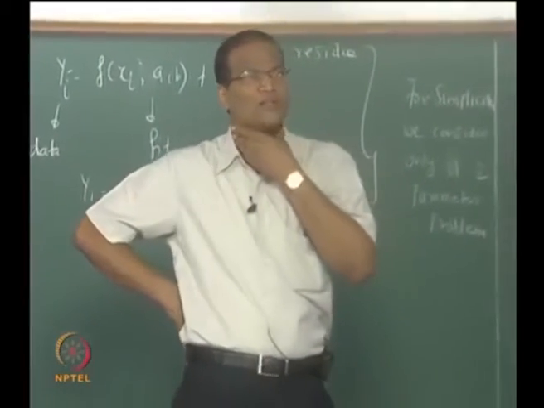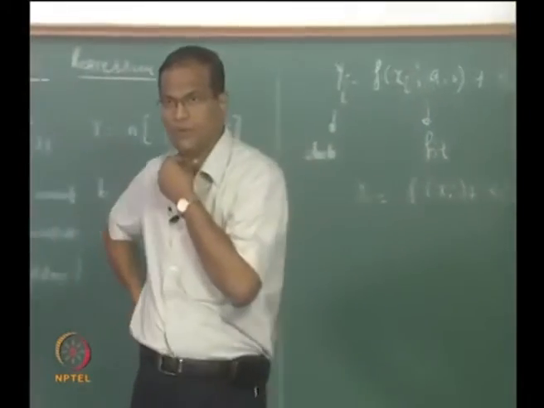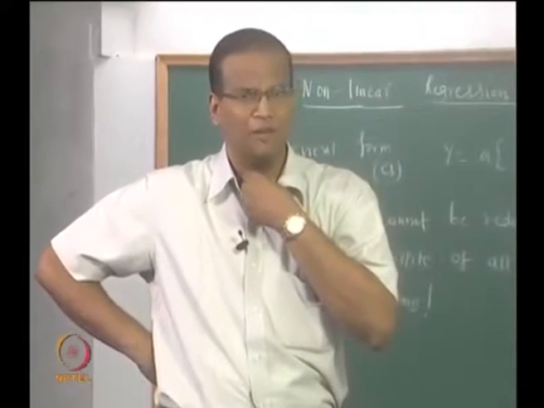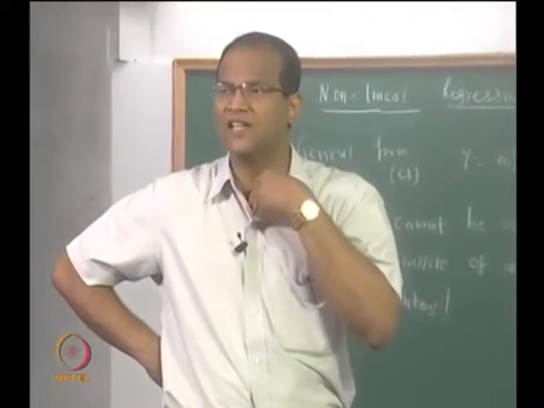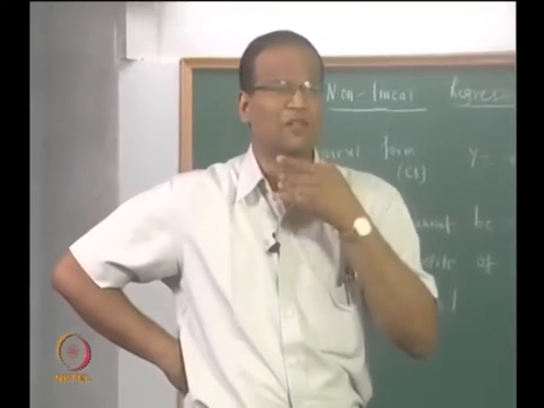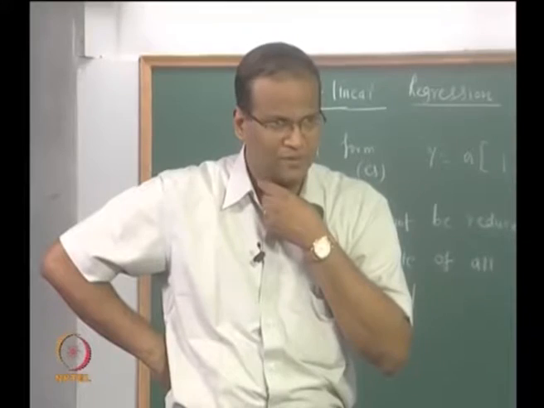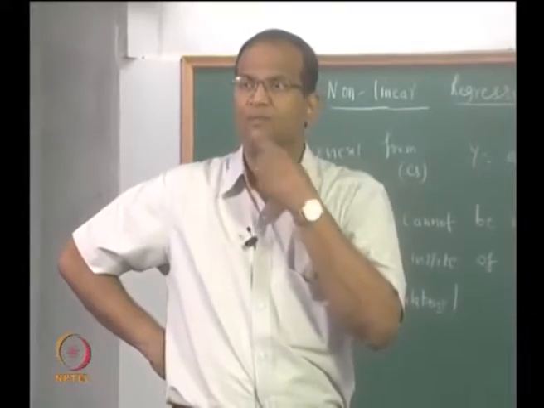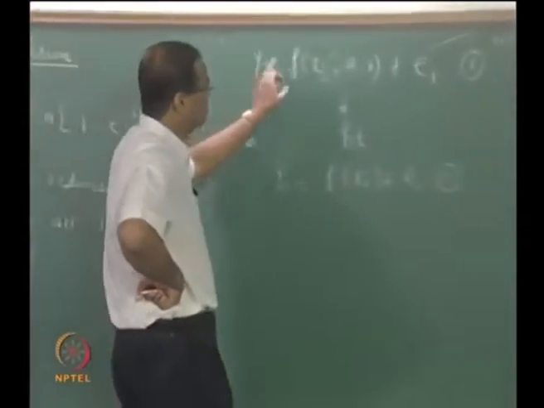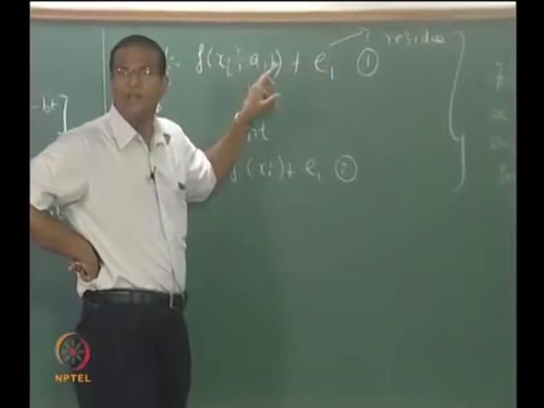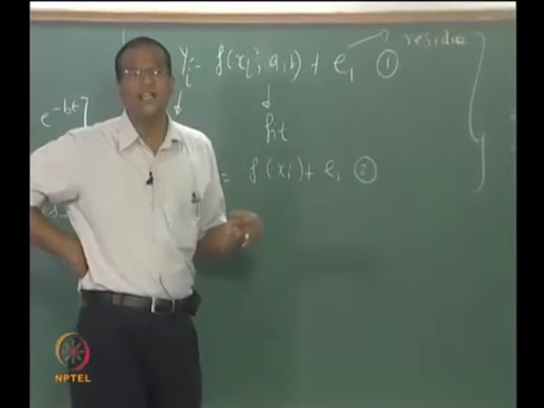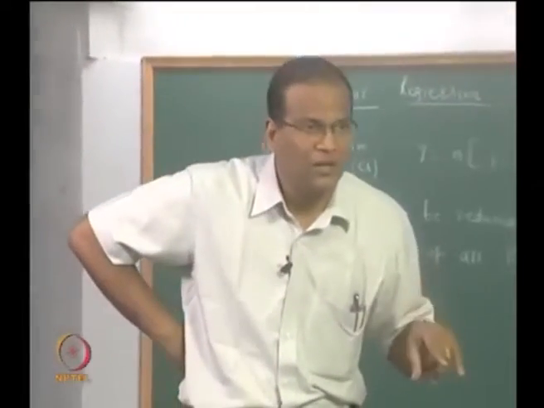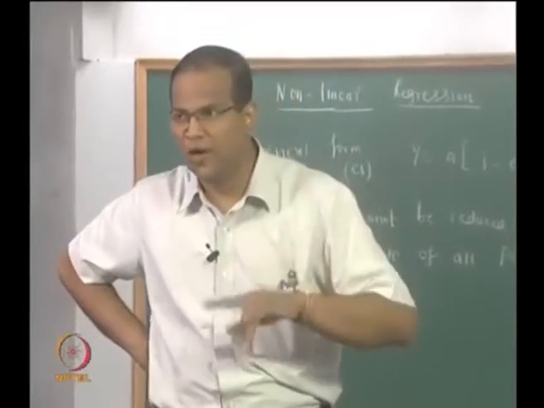Now how do you go about doing this nonlinear regression? You have to assume a value of a and b, and then expand this f of xi from the jth iteration to the j plus 1th iteration using a Taylor series, and then truncate the Taylor series after a certain number of terms, and find the difference yi minus fi for all the data points. Then, in a least square sense, try to minimize this difference. Now you will get new values of a and b. Compare the old values of a and b with the new values of a and b.